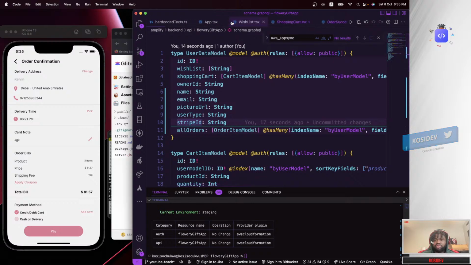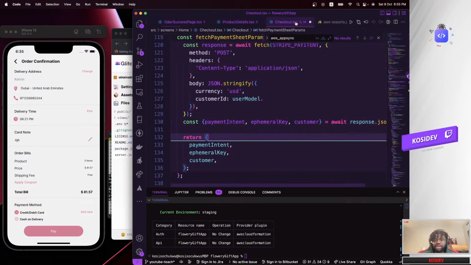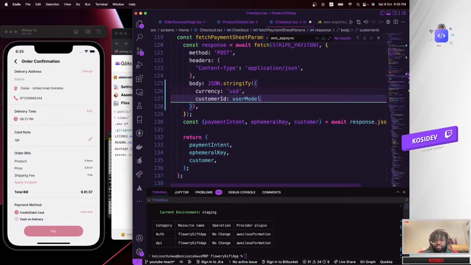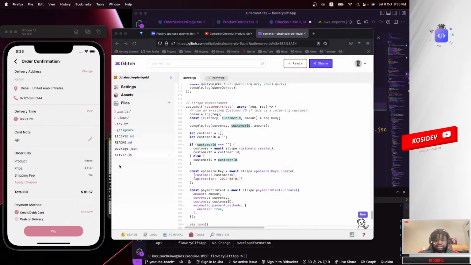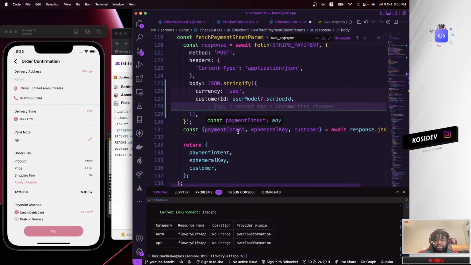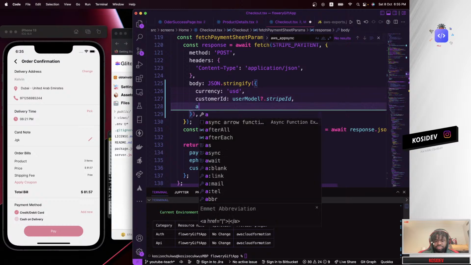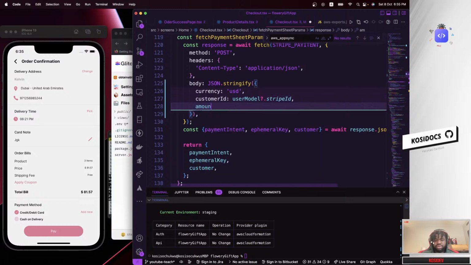So let's go to the checkout. Now we can use that dot stripe ID. Nice. And then the last over here should be the amount. So I'm going to say amount. So amount should be round price